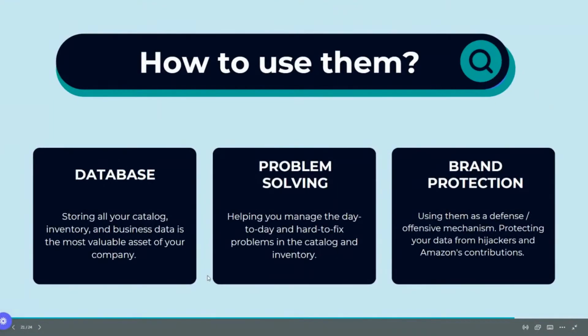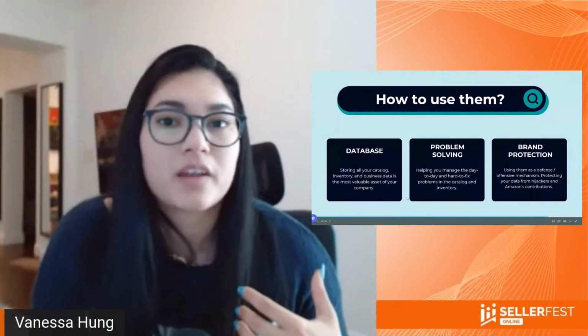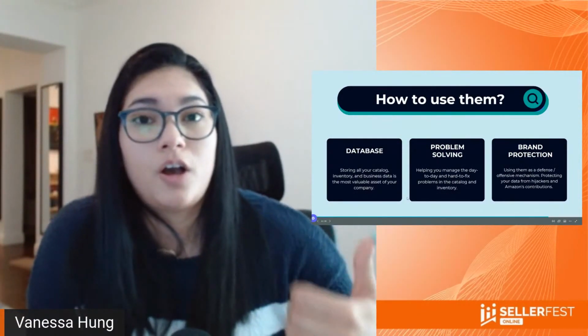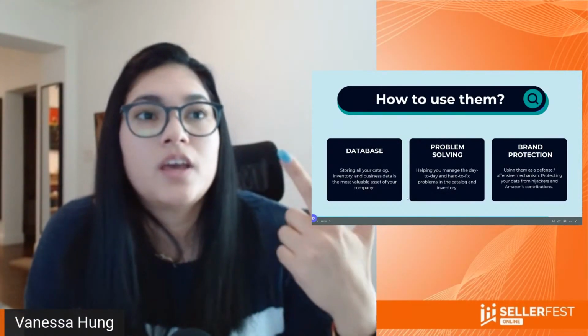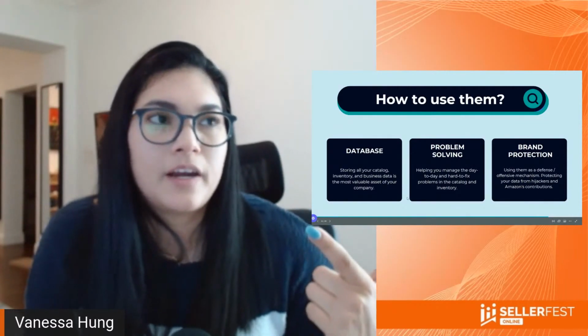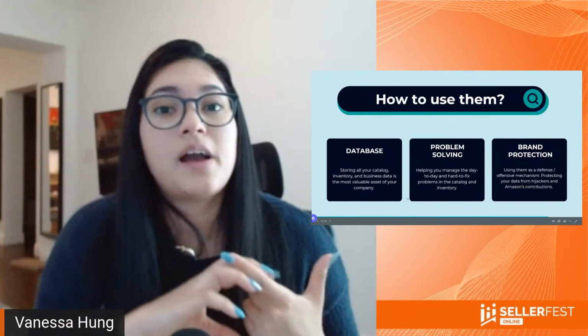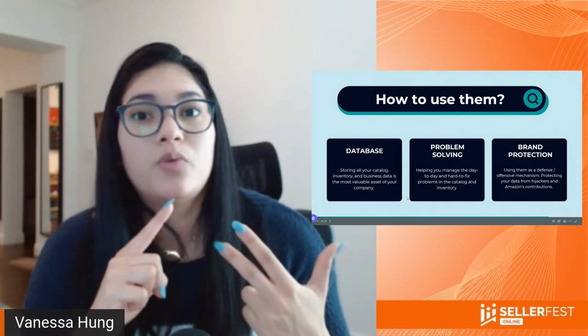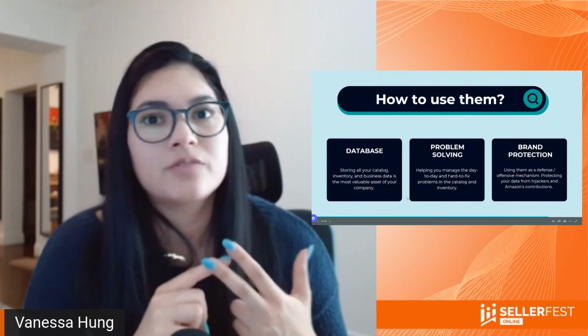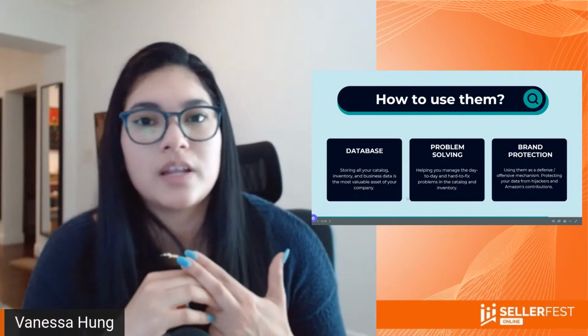And lastly, brand protection. So I like to use them once you cover the basics, right? You optimize everything, you know what attributes you can use, you are saving that, and you don't have any issues. Now this becomes brand protection as a defense and offensive mechanism, where you can upload it very frequently. You can start changing things in the backend that don't really change much in the front end on Amazon.com in the product detail page, but in the backend will help you to index better. It will help you get protected from any restricted products or restricted sales or anything like that.